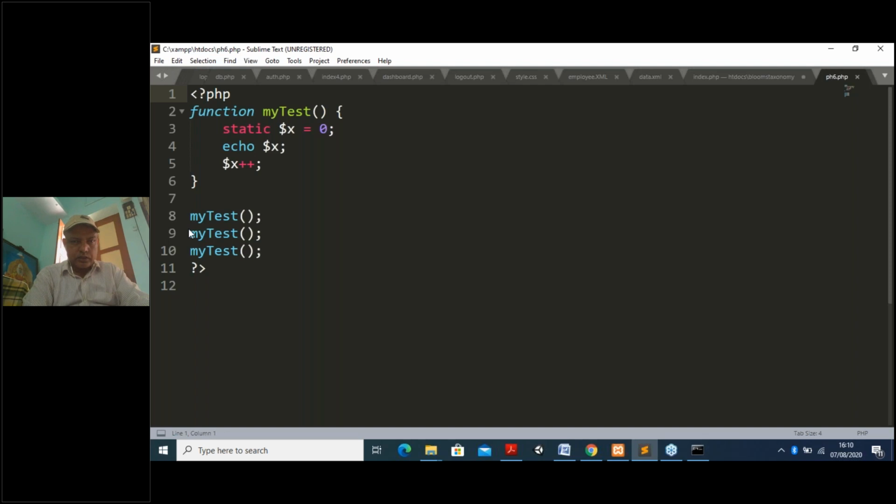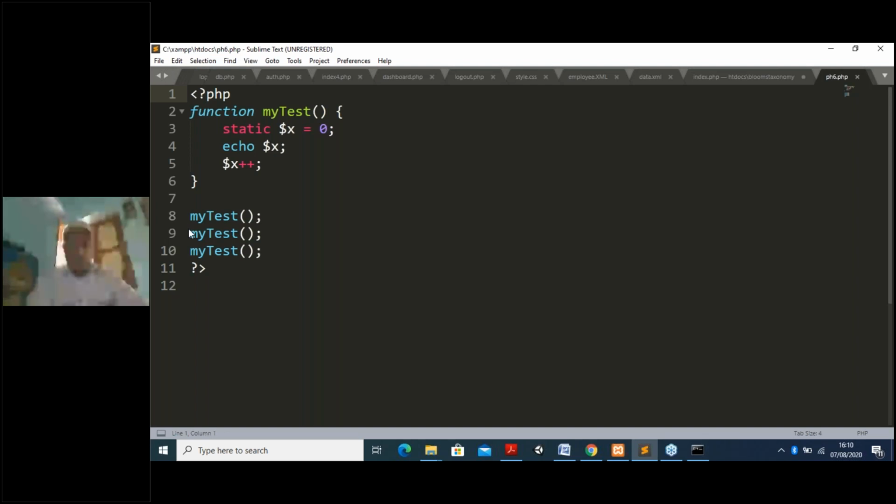Sorry. So it is in the htdocs, ph6.php. So go to the file and you can come here, and you just delete all the things. Come to ph6.php. Enter. Okay. So you see the value of x, that variable I have declared and initialized, is 0. So when I am calling that function, the output is coming 0.